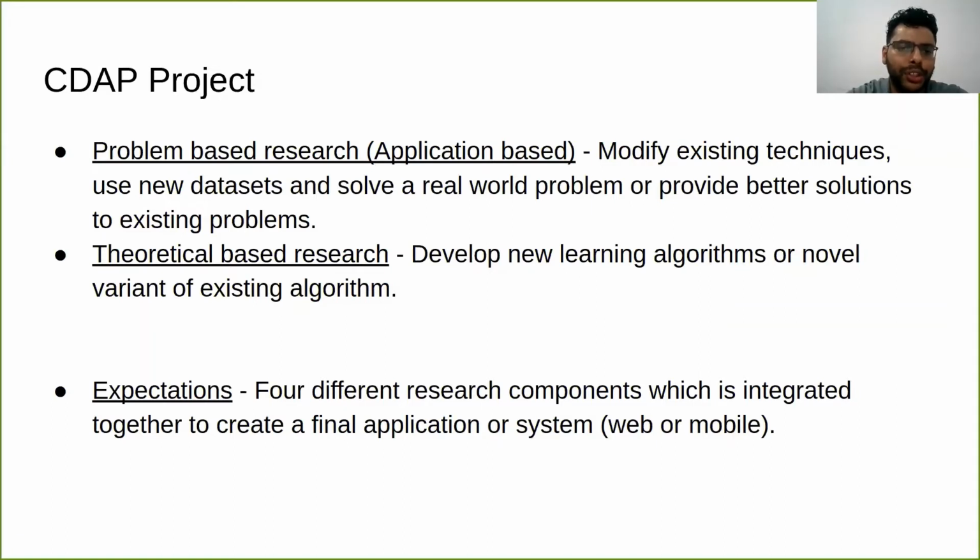And then we use machine learning algorithms or models, and then maybe fine tune or adjust them to solve those kinds of problems. So that is problem-based research. The idea is to find the problem, and then based on the problem, we find out the AI models, or first of all, do we really need machine learning? And if we need it, whether it is a classification-based problem, a regression-based problem, a time series-based problem, and so on. Based on that, we have to decide whether to use machine learning or deep learning.